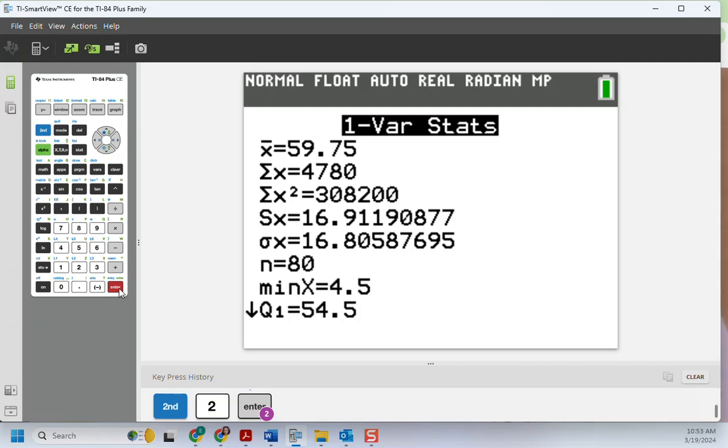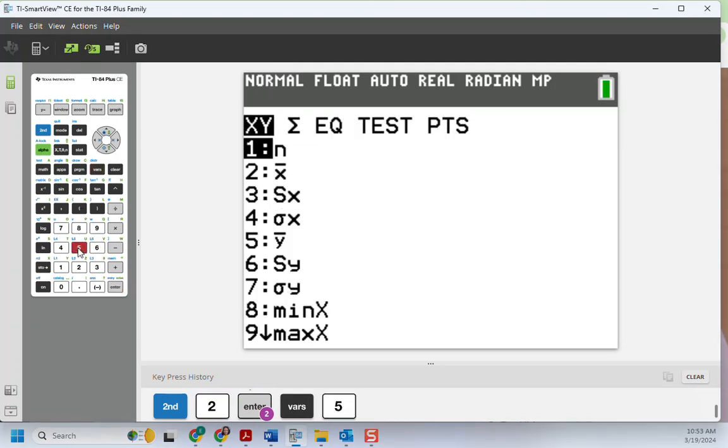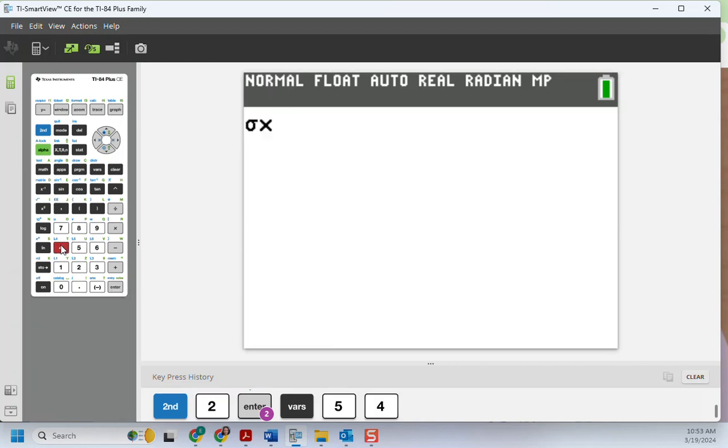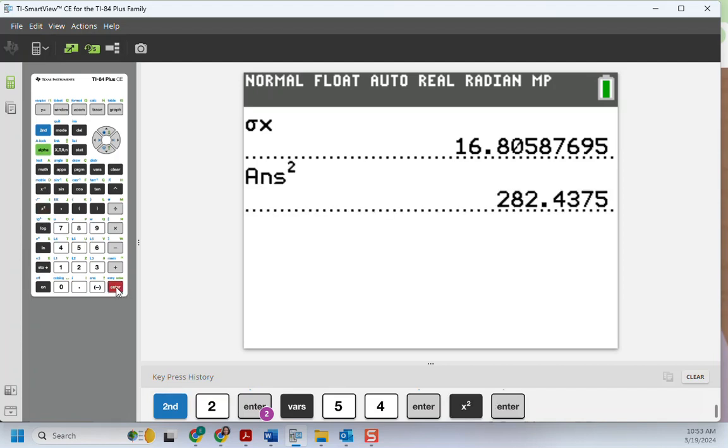Let's see if that works for us. All right, so we're going to press VARS, and we're going to go to statistics again. All right, and then Kaden points out this is the one that looks like what we want, so we're going to press 4, enter, and then we need to square that one, which is really close to what we had before. And then we're going to square that one. And I'm getting 282, which is right. So that is